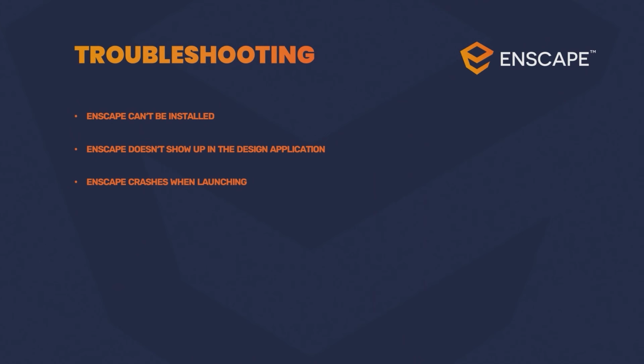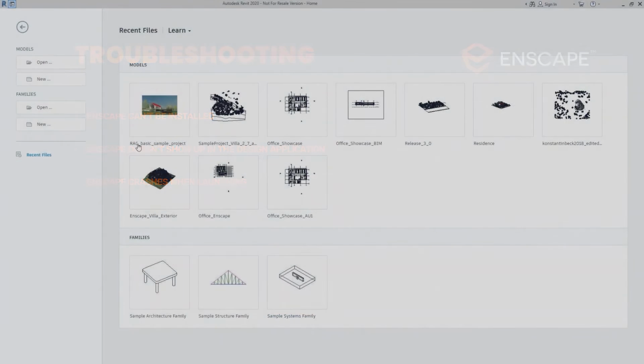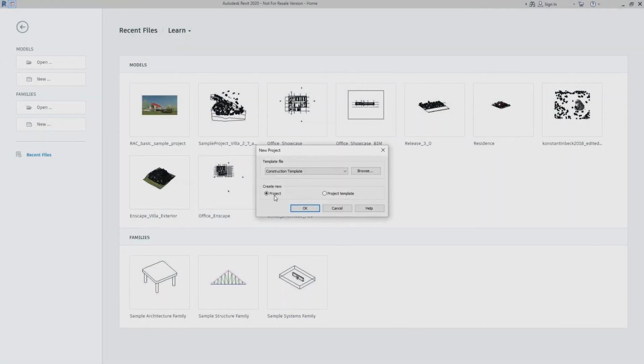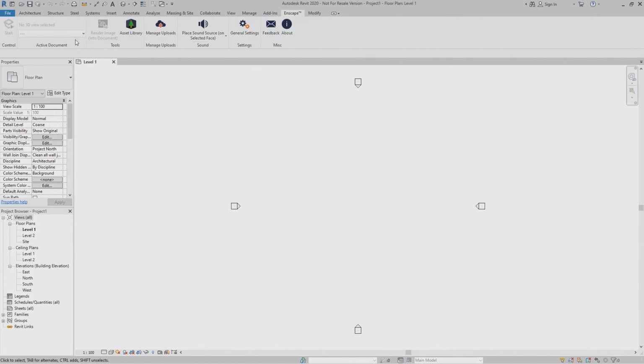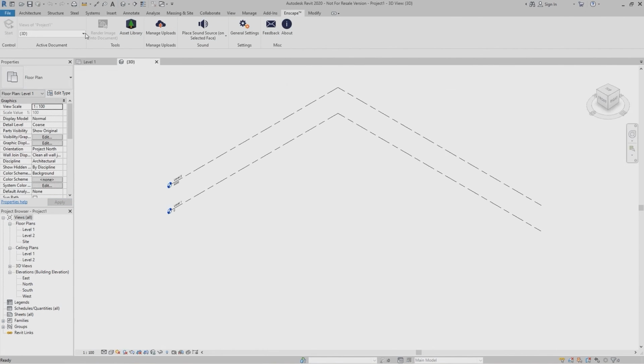If all these points are verified, but Enscape still crashes during startup or loads indefinitely, it's possible that your model is big or complex enough so your hardware runs into issues. This should be a rare case, so please make sure to check by loading another small sample project or even an entirely empty project. If this loads just fine, you might want to try reducing the complexity of the project